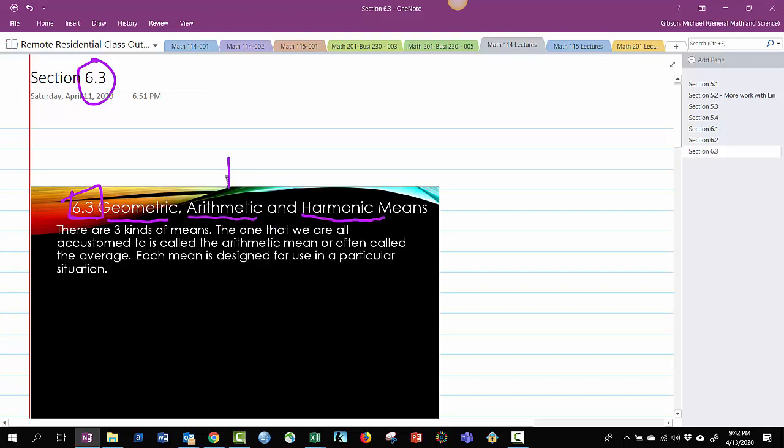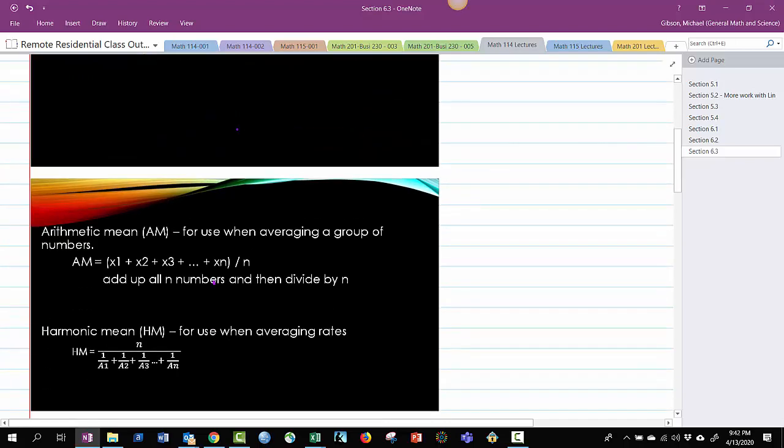Now the arithmetic one is the one that we're used to, okay? So it's really two new kinds of means, and then the arithmetic one kind of comes along. Arithmetic, abbreviated AM for arithmetic mean, is for use when you're just averaging a bunch of numbers. It's the same kind of average or mean you've been taking since fourth or fifth grade. When you need the average of a bunch of numbers, you add them all up, you divide by how many